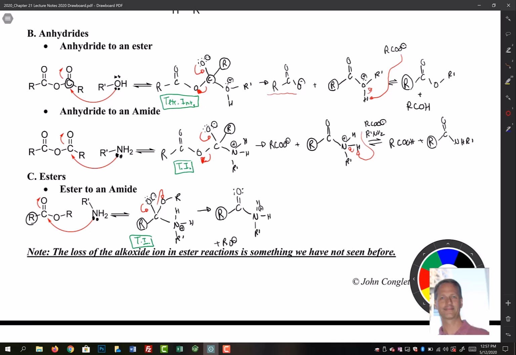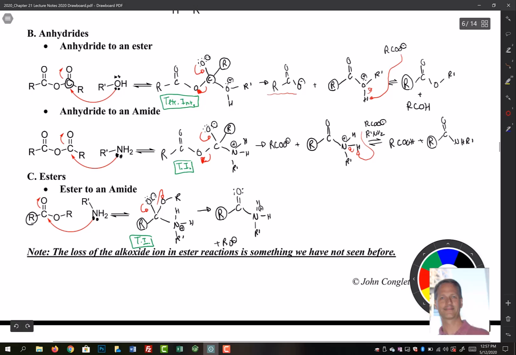Now, this is a little different. We haven't seen an alkoxide leave as a leaving group. Now, we said before that in general, this is an unfavorable step if it's an SN2 reaction. So we'll see on the next page that the mechanism is what really decides whether or not this alkoxide can